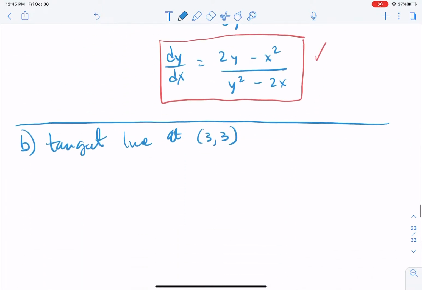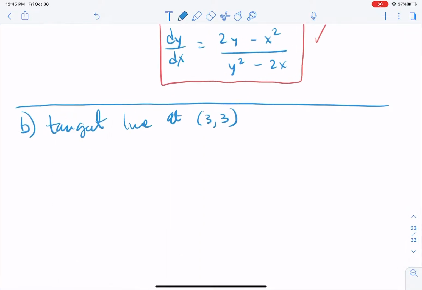Okay, so what two pieces of information do you need in order to find the equation of a tangent line? You need a point, check. And you need a slope. Plug that in there. So I will write it thusly. dy/dx such that (x, y) is equal to (3, 3). And like we've seen in another example, we need to plug in both 3's into the x's and the